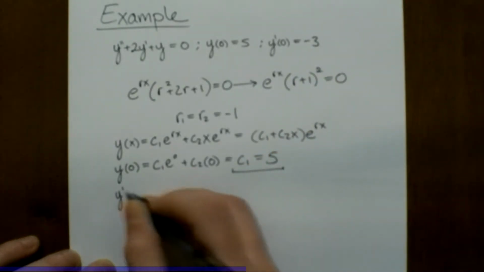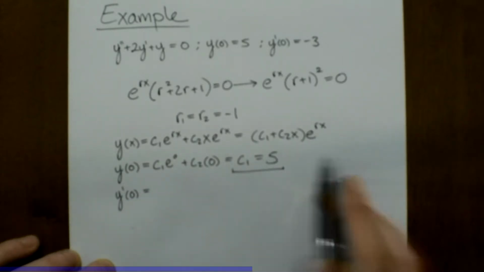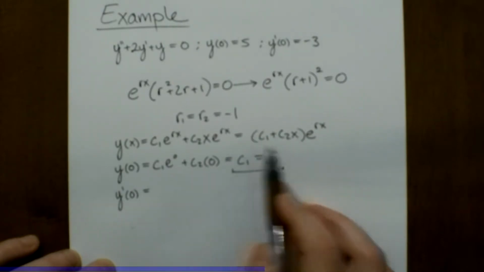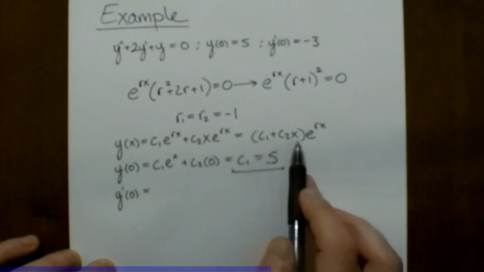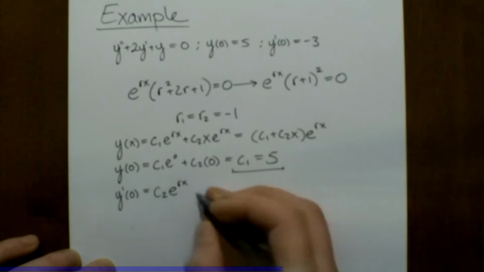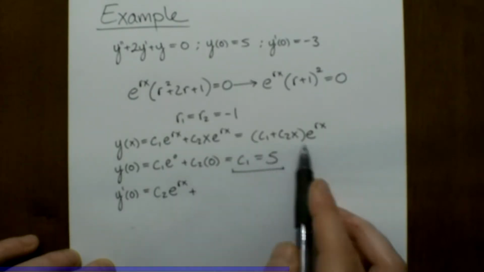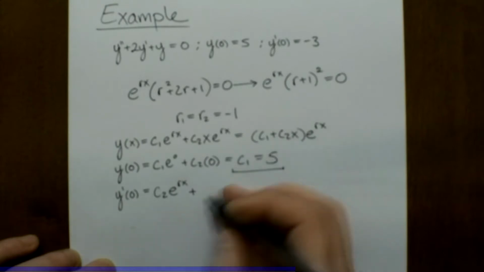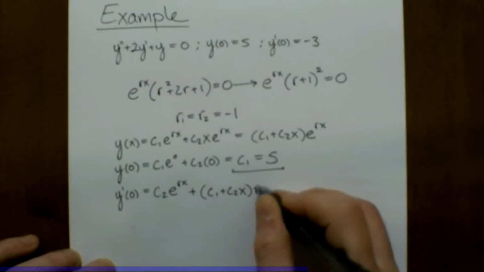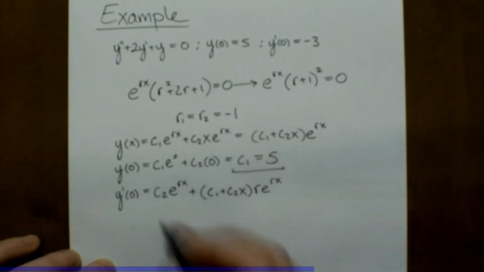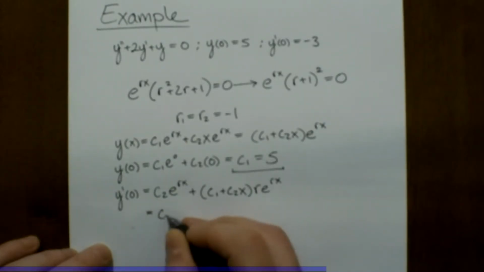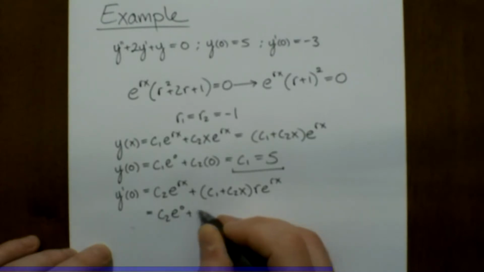So then y prime of 0 will be, let's see, taking the derivative of this first part first and leaving the second part alone, this will go to 0 and we'll have simply c2 here. So c2 times e to the rx plus, this time leaving the first function alone and differentiating the second, we will have the quantity c1 plus c2x times r e to the rx. And if we replace all of our x's with zeros, this will become c2 e to the 0 plus c1